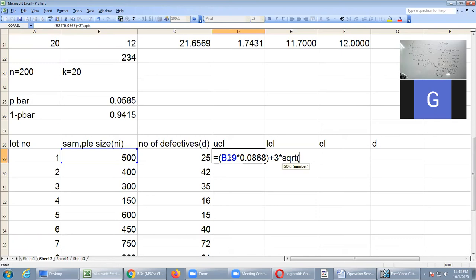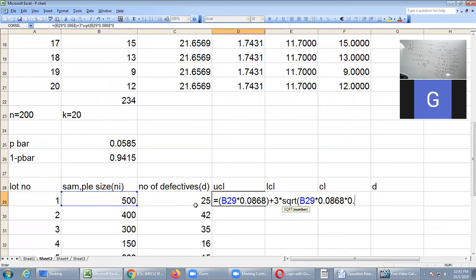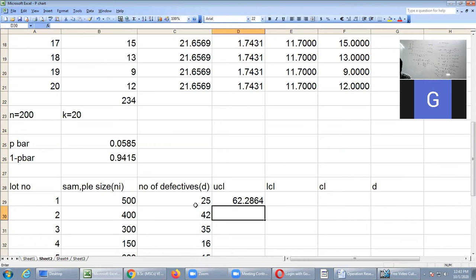Only the numerator will be there: ni into p bar into 1 minus p bar. Again n is changing, so I select ni into p bar value 0.0868 into 1 minus p bar, which we just calculated, 0.9132. Close the brackets and press enter. You are getting the first UCL value.